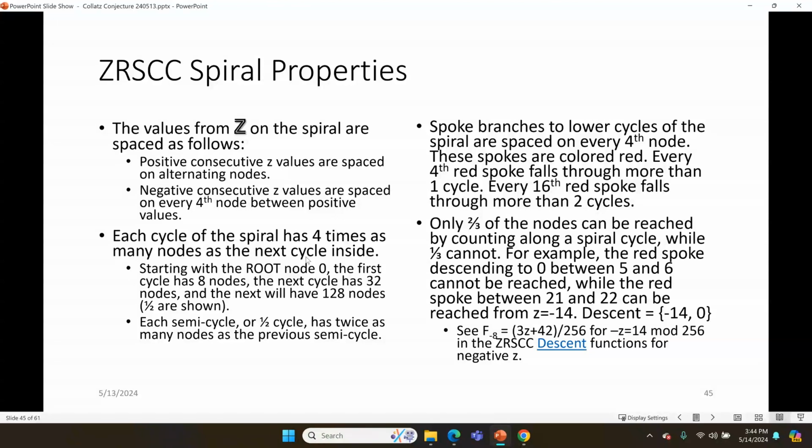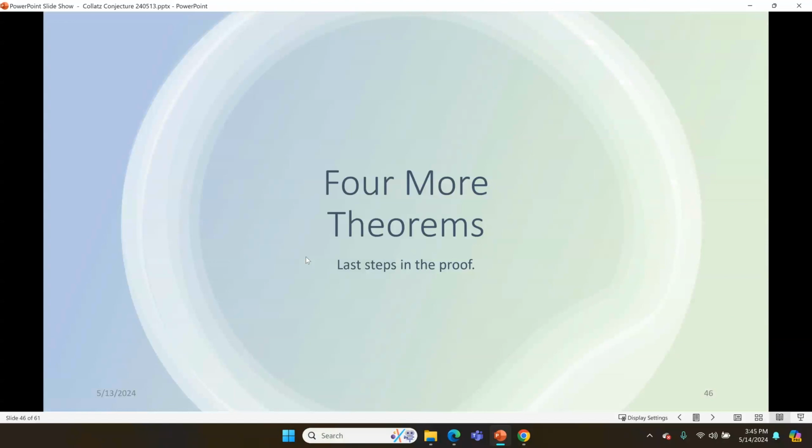One example here is the red spoke between values of 5 and 6 on the cycle. That cannot be reached along the cycle. But that same spoke between values of 21 and 22 can be reached from z equal -14. So the descent here from a value of -14 will be directly to the root node at 0. That covers our introduction to the Z spiral and the Z map, and we'll have more